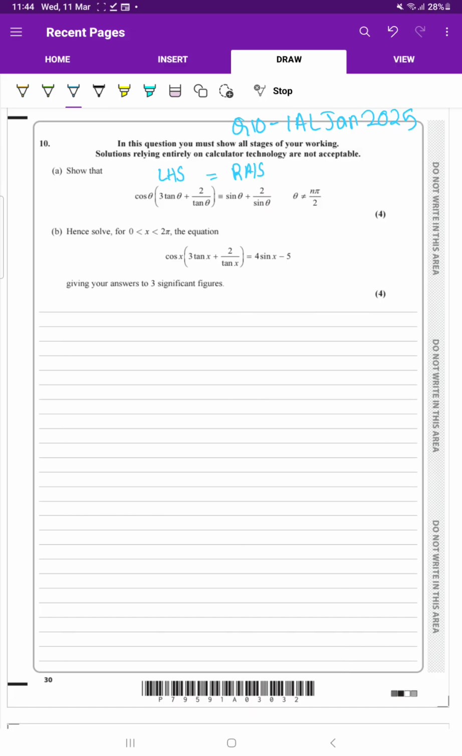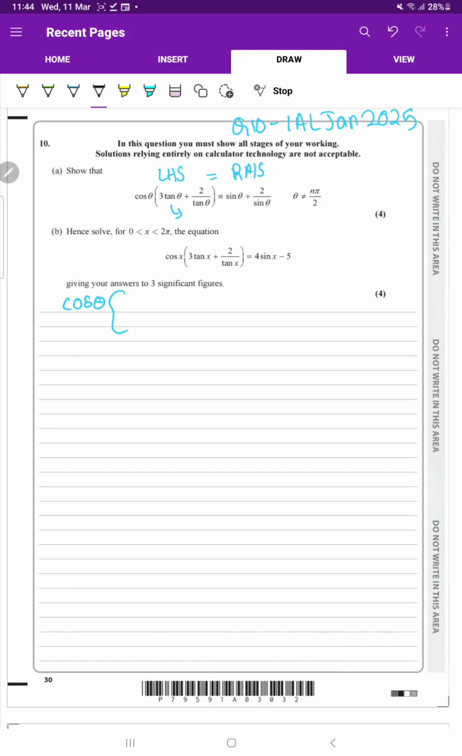Basically over here you have to do a bit of algebraic manipulation, and you should know some trigonometric identities. I will be writing down which identity you use and what to do, step by step. Now first thing first, cos theta, now replace this tan theta by